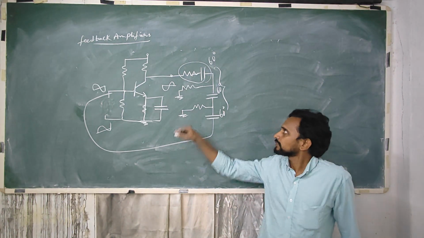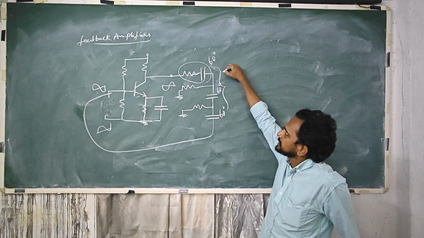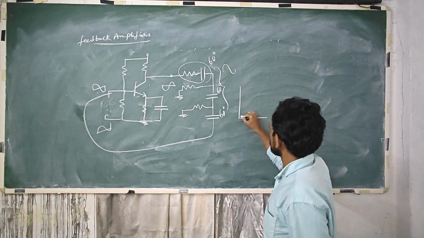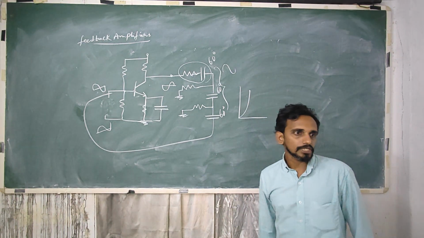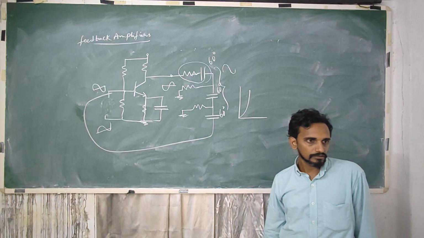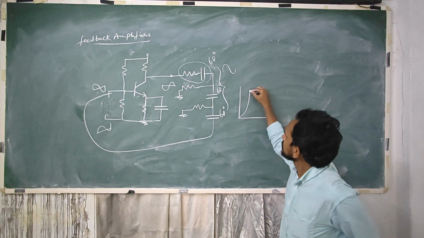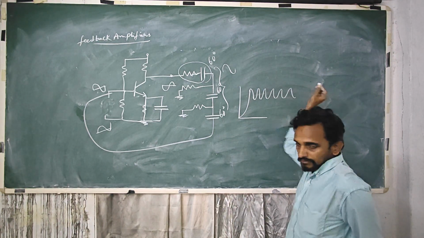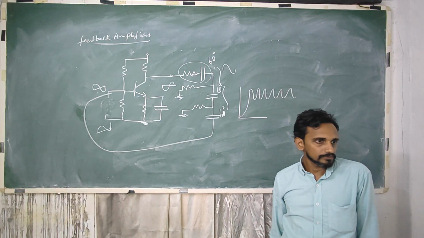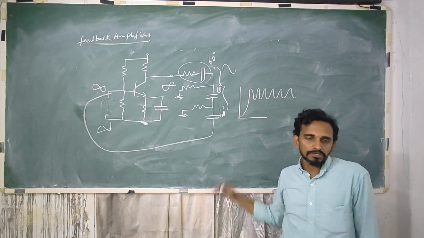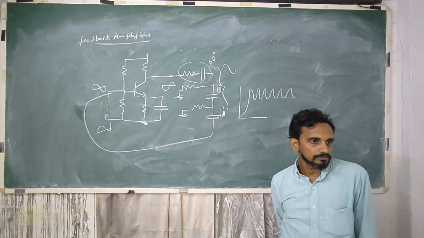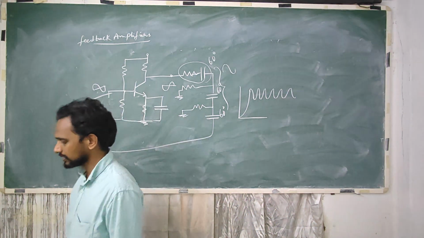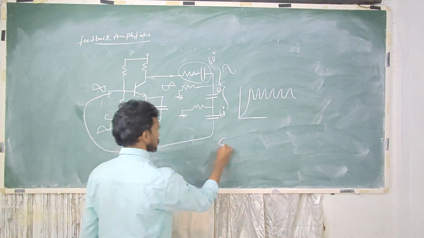So we don't need to give any input. Whatever charging and discharging cycles of this capacitor will produce the initial wave. So that is why on the output you may see one charging cycle of the capacitor, further followed by discharging, and once one cycle completes you will get entire oscillations. So this is the output of the circuit, right? A similar way you'll have other oscillator circuits also, Colpitts oscillator,